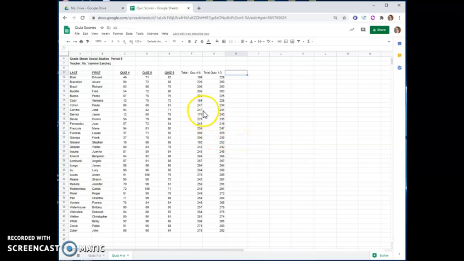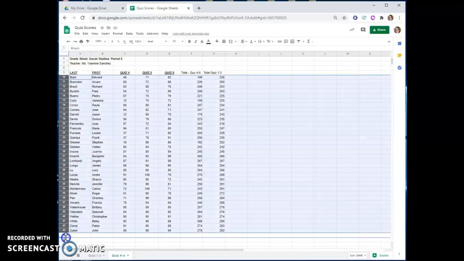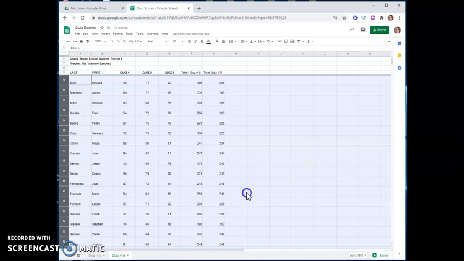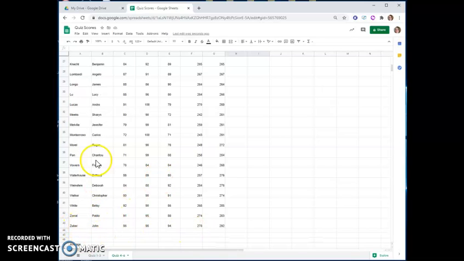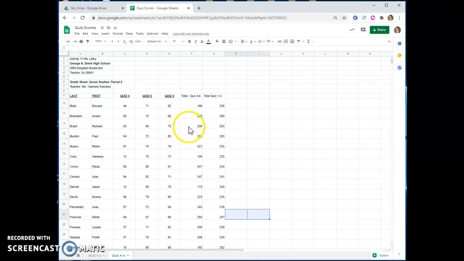Okay, another thing I wanted to show you was freeze panes. So first of all, let's just say we couldn't quite see all the data because these were a little bit larger. Now I have to scroll down to see the bottom of this. But by the time I've scrolled down, I'm not quite sure what those column headings were anymore because they're no longer visible on my screen. The way to fix that is